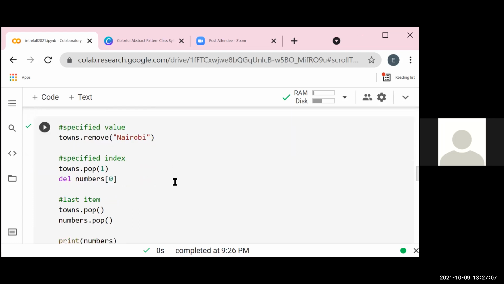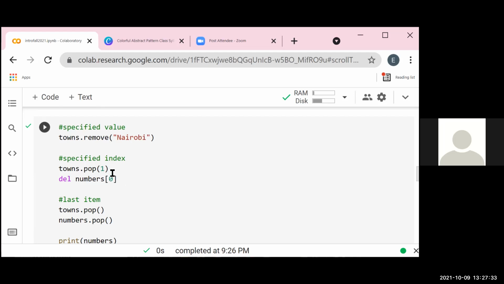If you don't know the item, but you know where it is, like the index, you use the pop method and you specify the index. You can as well use delete, and when you do the delete, you reference the index. So when you say numbers index 0, that means it's the first item in the list numbers.